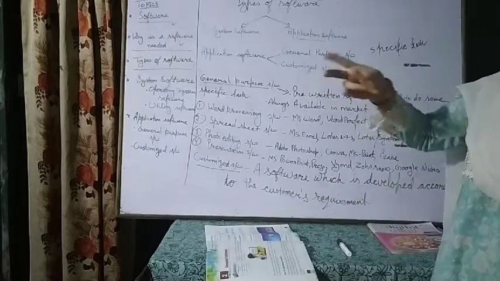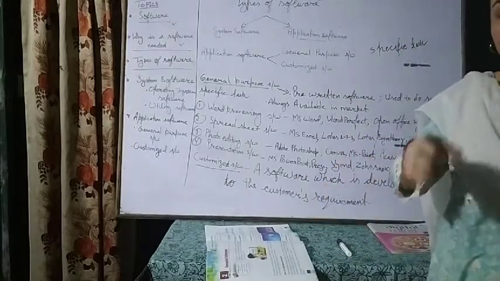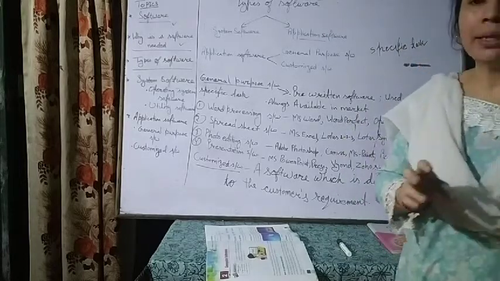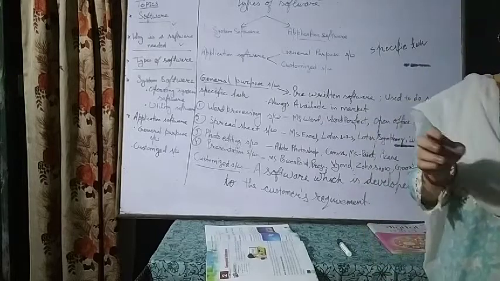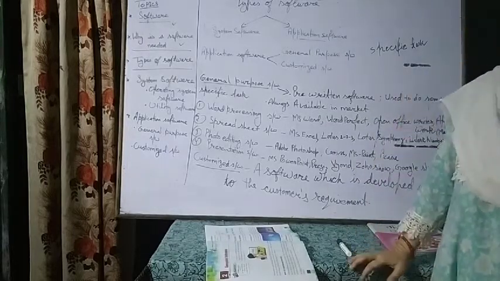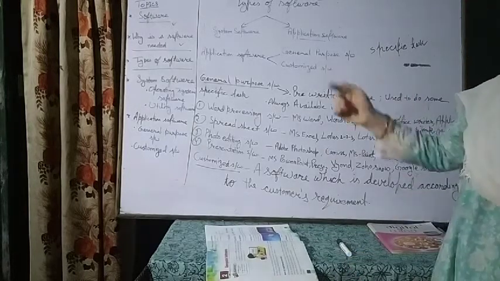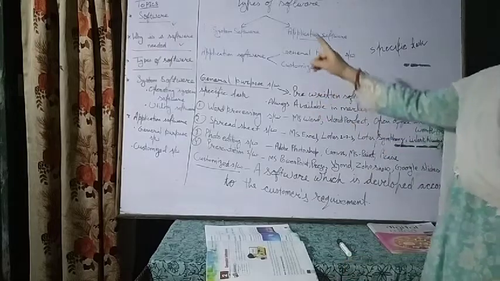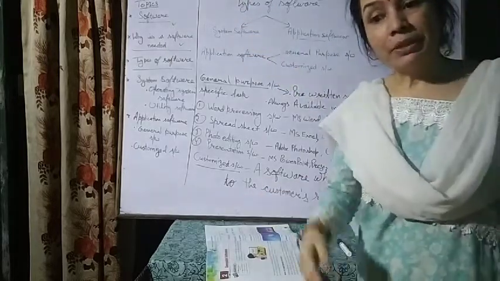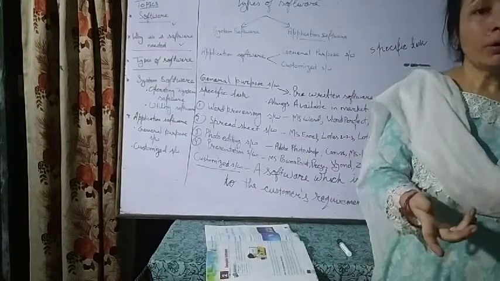Software and hardware both work together. If you want to do work on a computer, both things are required, and then the user can complete their work. So why software is needed, we discussed in the video. Then types of software we discussed. There are two types of software: system software, which is related to the computer hardware and which gives an interface for the user to work on the computer.